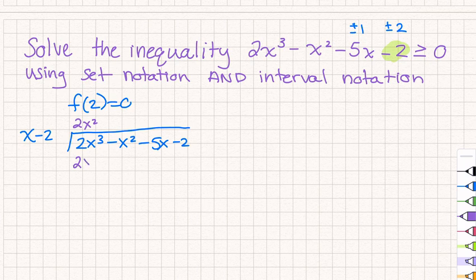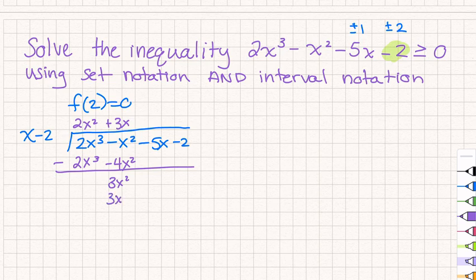Multiply, we get 2x cubed minus 4x squared. Subtract, we get 0 and we get 3x squared. 3x squared divided by x, we get 3x. Multiply 3x by x minus 2,